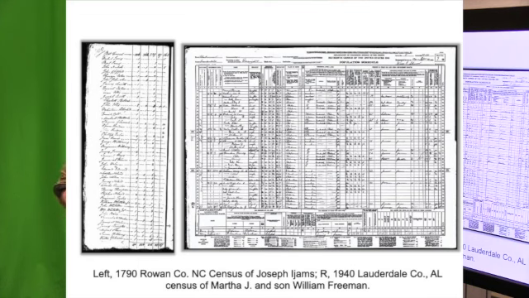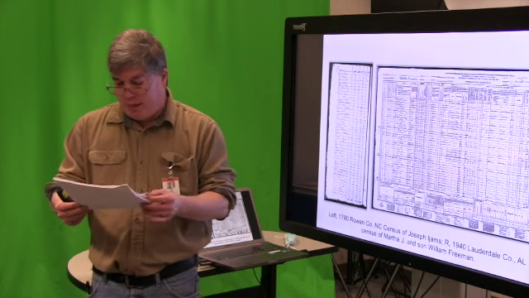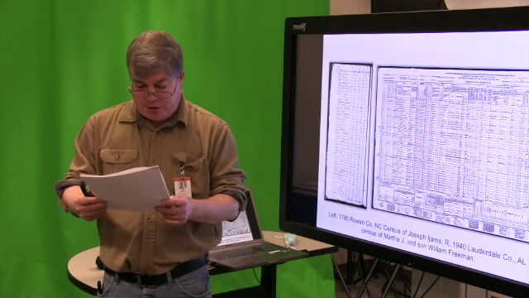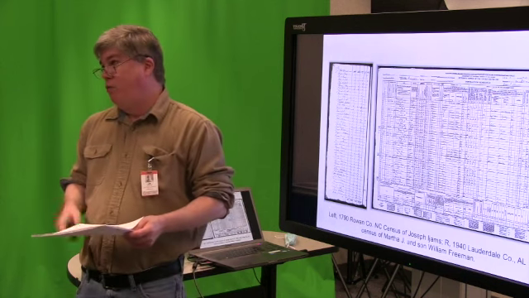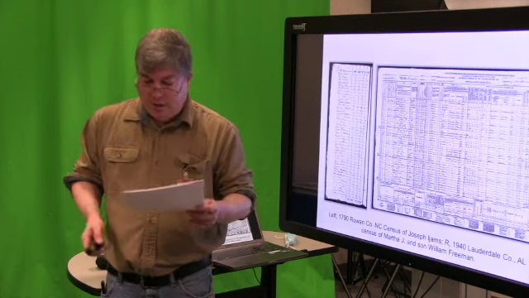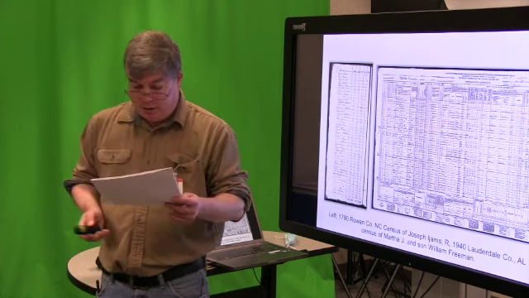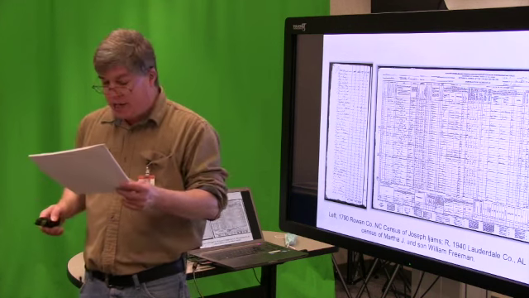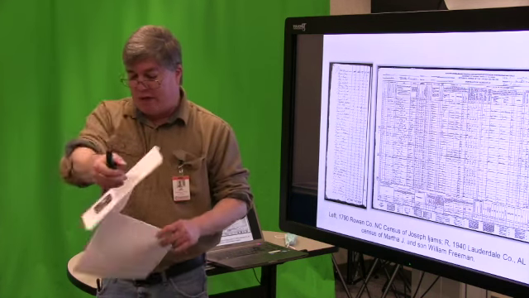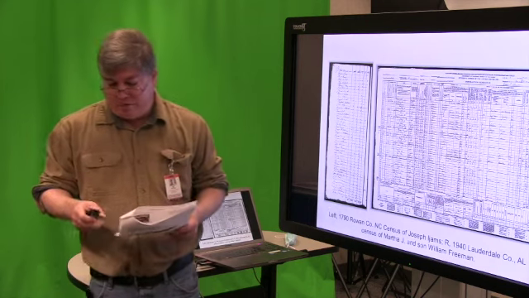There are only fragments left of the 1890 census. It was being stored at the Commerce Department in 1921 when a fire broke out in the basement, causing the sprinkler system to kick on, which soaked the sheets, most of which were discarded because they didn't really know how to conserve water-damaged paper material at that time. So the Commerce Department just threw them out. They managed to save some fragments of some counties of some states, but only part of Perry County survives for Alabama. And that's the year everybody would love to have, for whatever reason.